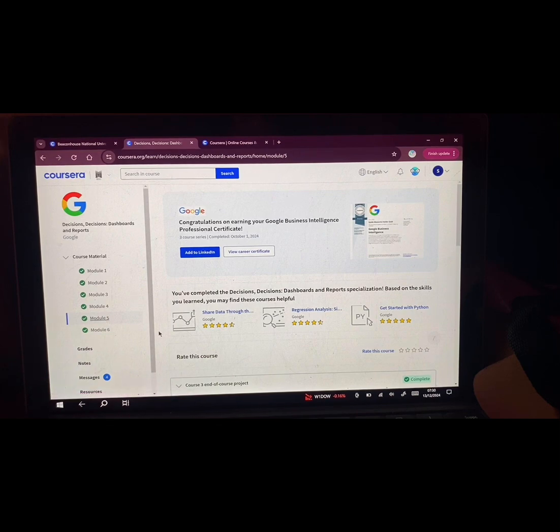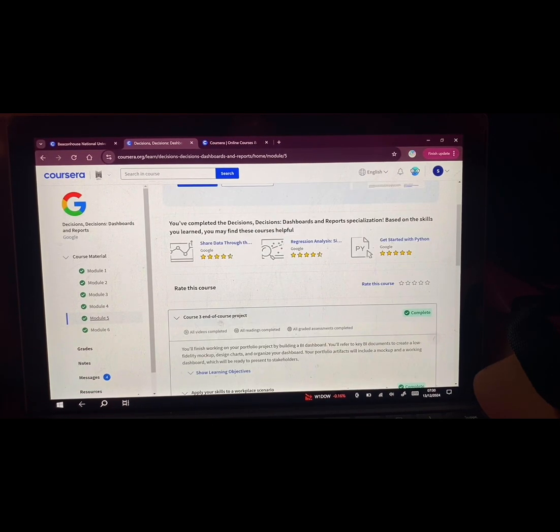which is the course 3 end of course project. This module allows learners to apply their BI knowledge by developing a complete dashboard as part of their portfolio project. The project involves referring to key BI documents to create a low-fidelity mockup, designing charts, and organizing the dashboard layout to present insights effectively. Learners utilize their understanding of BI concepts, data pipelines, and visualization techniques to build a working